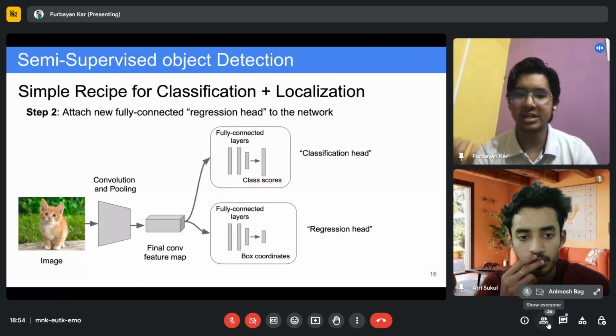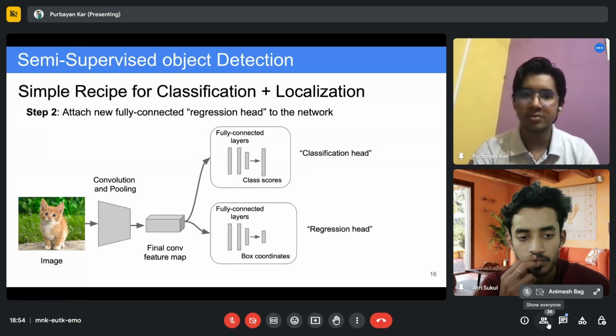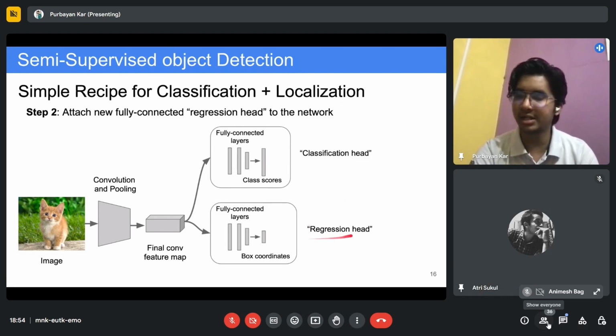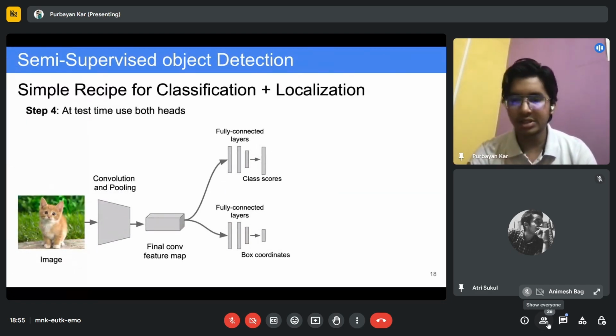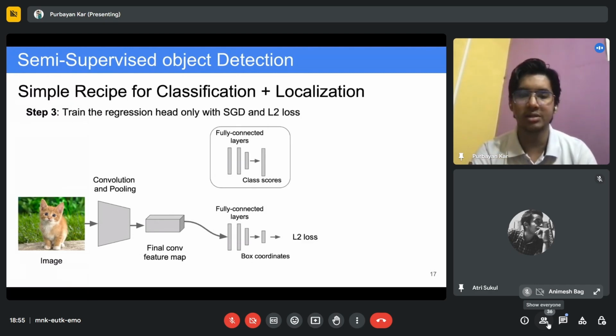But to do classification and regression both, you need two heads. One is a classification head that will predict whether it is a cat or not. The other is a regression head, which will predict the 4 points. So you have to add these two head components after those popular networks that I just mentioned in the previous slide. When you get this box coordinate, you calculate the L2 loss and penalize the model through backpropagation. Backpropagation is nothing but making the model aware of what it learned at a particular iteration or epoch of the training.